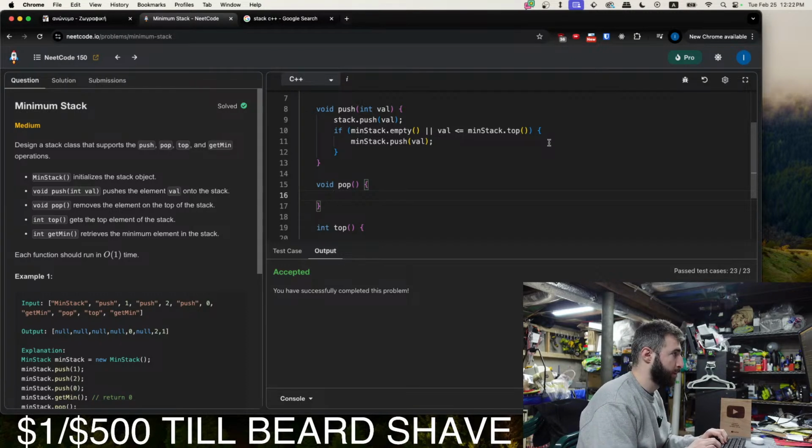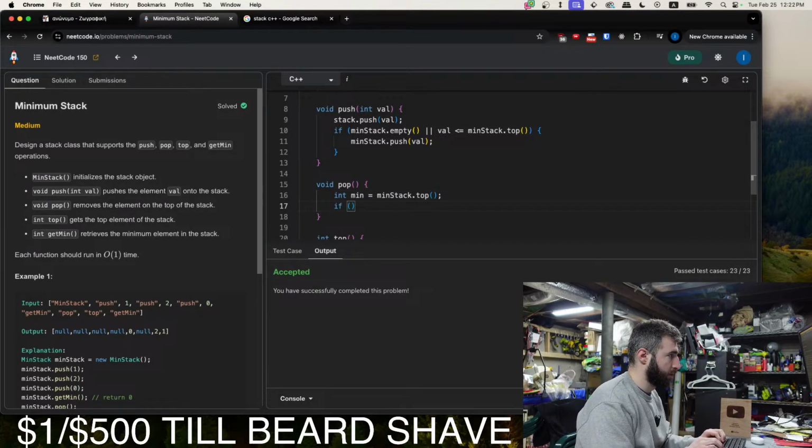And now when we pop, we pop it from the normal stack, stack.pop. You know what, before that, let's get the minimum. int min equals minStack.top, sorry.